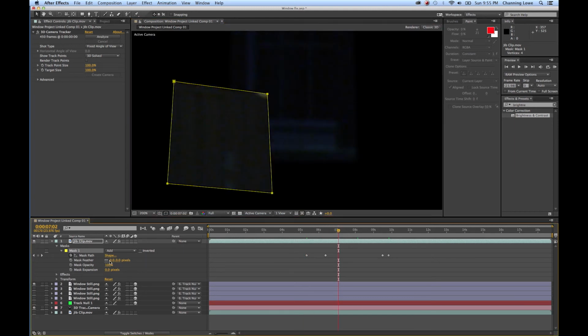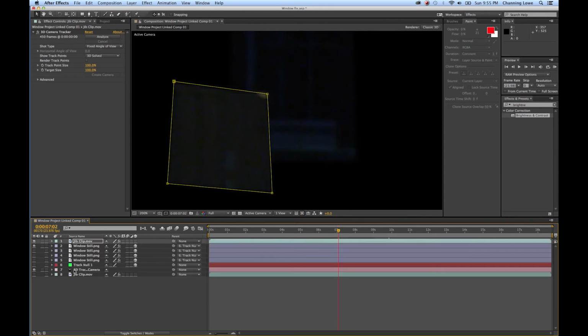Go to the mask feather, right down here under the mask, and turn it up maybe 5 or 6 pixels for feather, so it softens it around the edge. Then when we turn these back on,